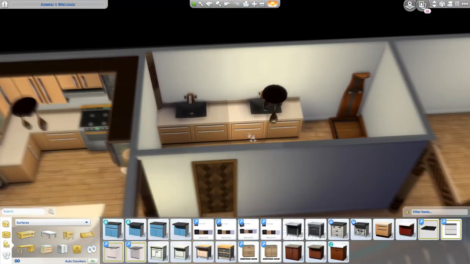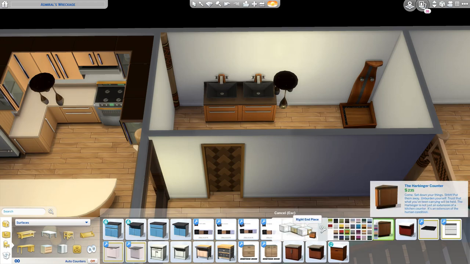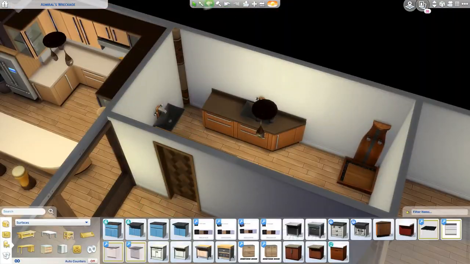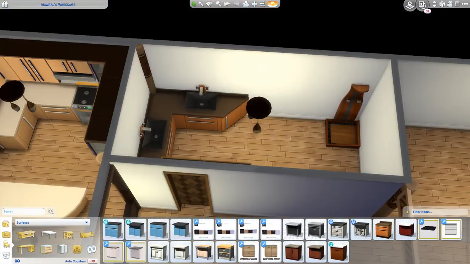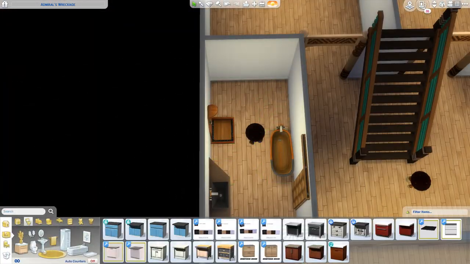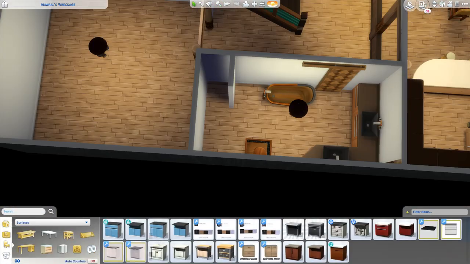Now I put these sinks in on these islands, and they're even in the screenshots because I did not test this build before I did the screenshots, which I should have done. Those sinks don't actually work in the counters like that. As cool as it looks, they don't work. So in the actual final build, you don't see it in this video, you also don't see it in the screenshots, but I have changed those sinks